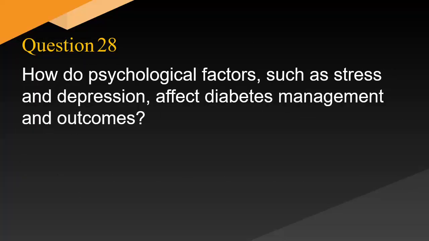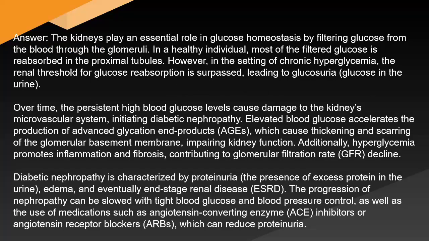How do psychological factors such as stress and depression affect diabetes management and outcomes? Answer: The kidneys play an essential role in glucose homeostasis by filtering glucose from the blood through the glomeruli. In a healthy individual, most of the filtered glucose is reabsorbed in the proximal tubules. However, in the setting of chronic hyperglycemia, the renal threshold for glucose reabsorption is surpassed, leading to glucosuria, glucose in